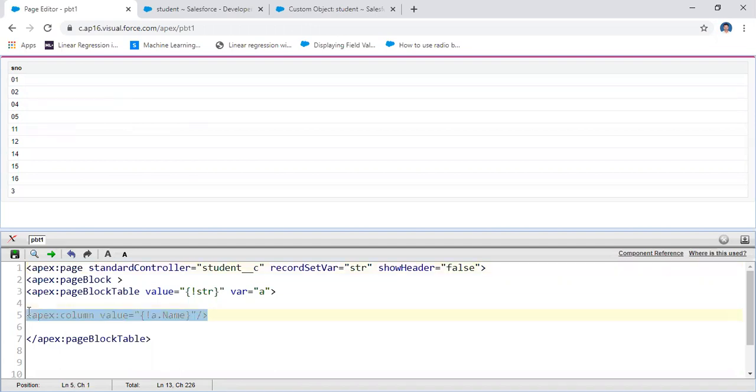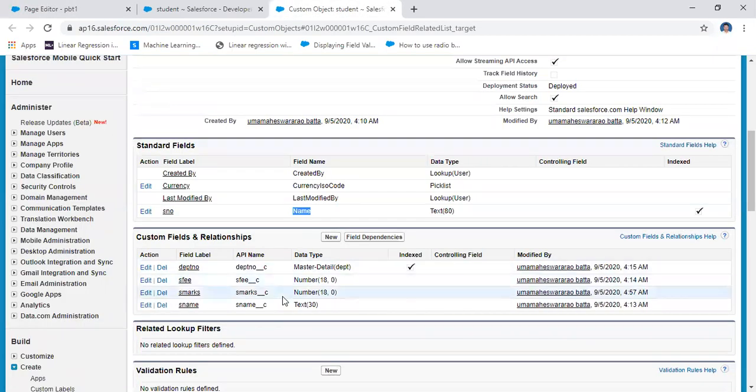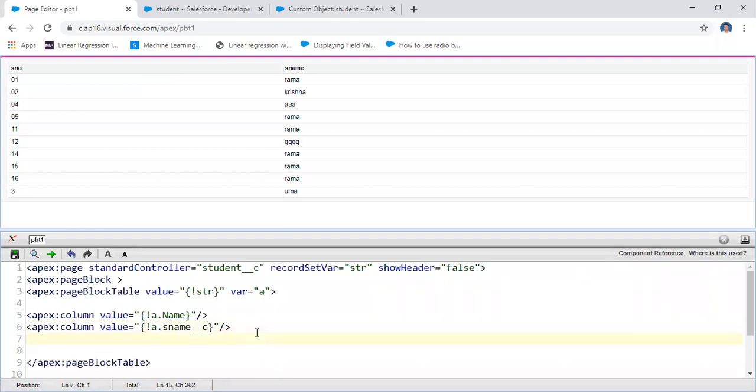That means, for example, copy this one and then paste here. I need another one here, employee number, and then for example employee name. This is not employee, student name. Here I'm taking the student name also. Here student name underscore p. That means it displays the corresponding student name, previously the student name. And then you may take the student marks also.